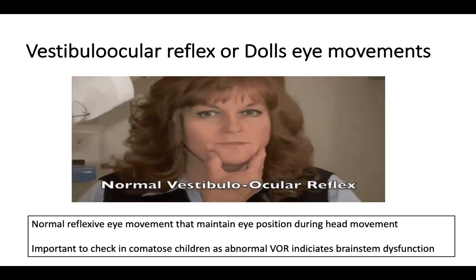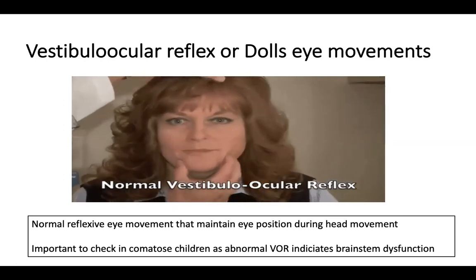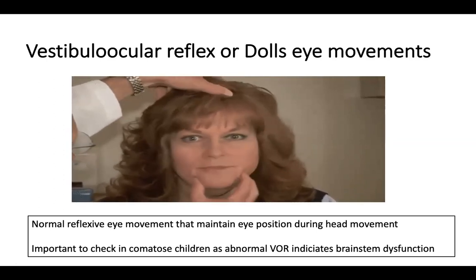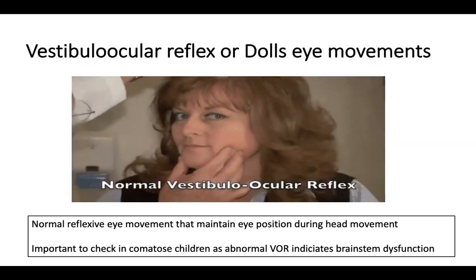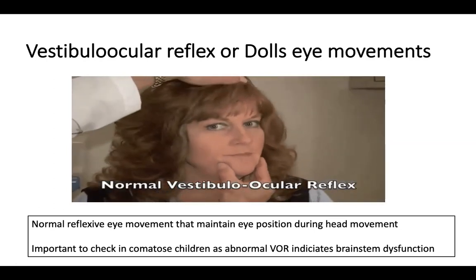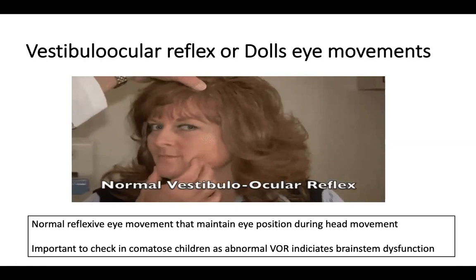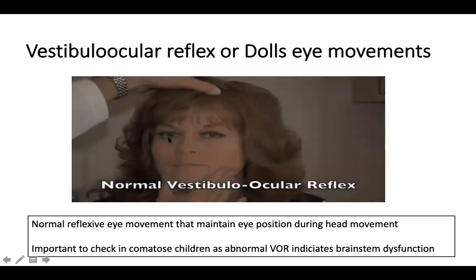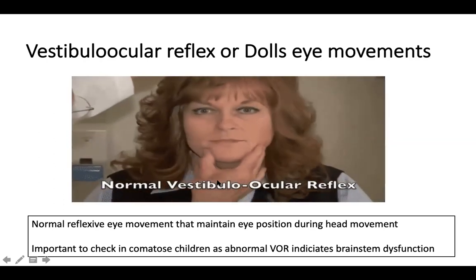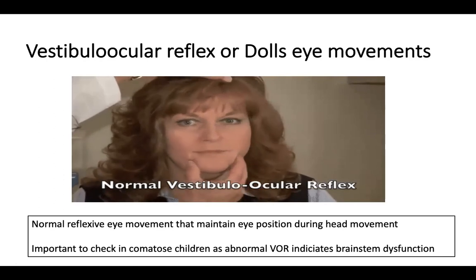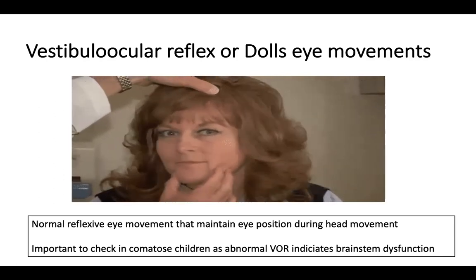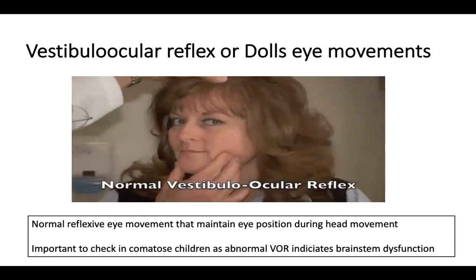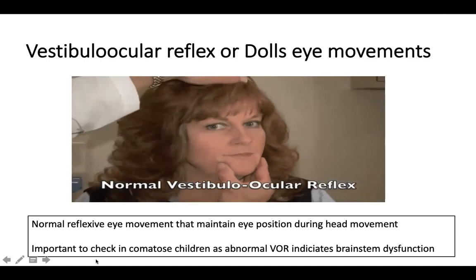So one of the highly sensitive signs that we can pick up in an intensive care unit is that if there is loss of the vestibulo-ocular reflex or a restriction of the vestibulo-ocular reflex, it indicates there's a diffuse involvement of your reticular activating system and your vestibular networks. It's a diffuse involvement, or there's a diffuse injury, okay? And if your vestibulo-ocular reflex is completely absent, it's a very poor sign, which means that there's a significant brainstem injury. So a restriction of your doll's eye movement can indicate a diffuse brain injury, whereas a complete loss of your vestibulo-ocular reflex can indicate a significant brainstem injury.